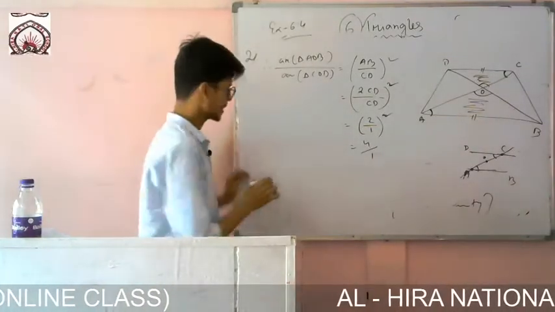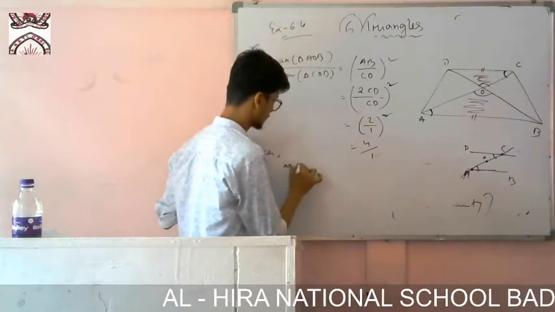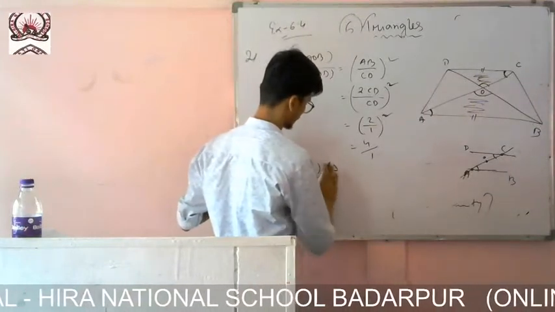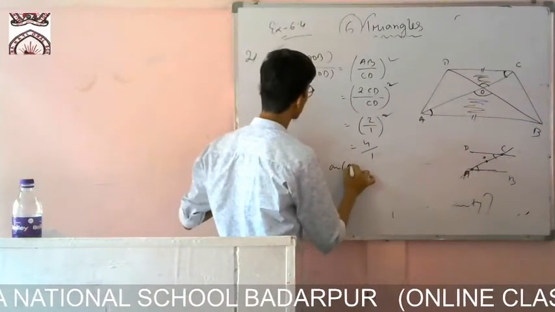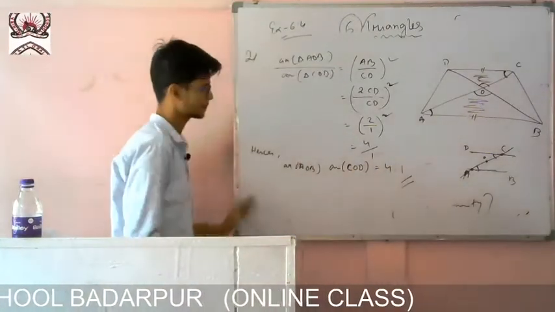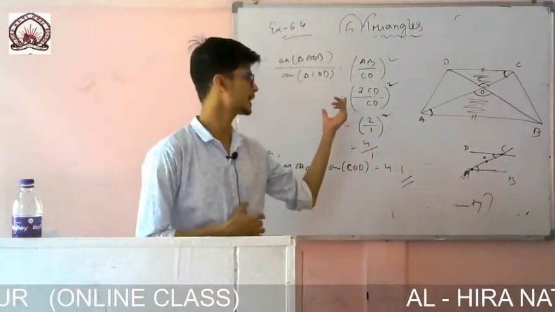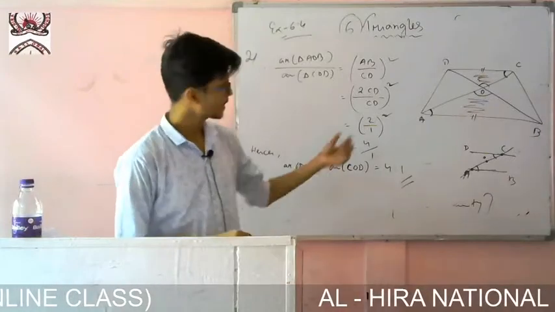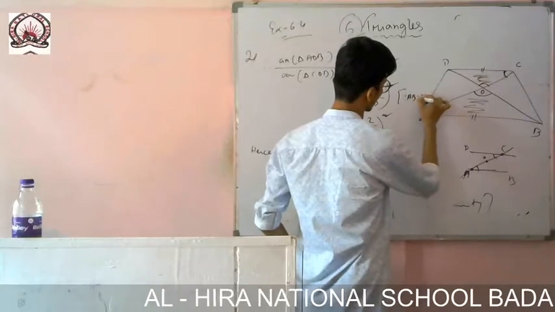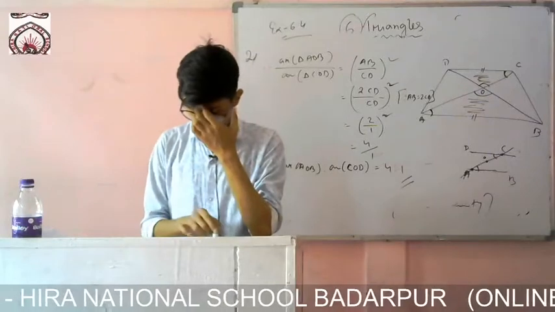So therefore the required ratio will be equal to what is given. Find the required ratio. Hence you can write like this: area of triangle AOB is to area of triangle COD will be equal to 4:1. Very easy, we first showed these two triangles are similar, then directly I used the theorem. There you can write since AB equals twice CD. Okay, this is finished. Now let us move to the next one.